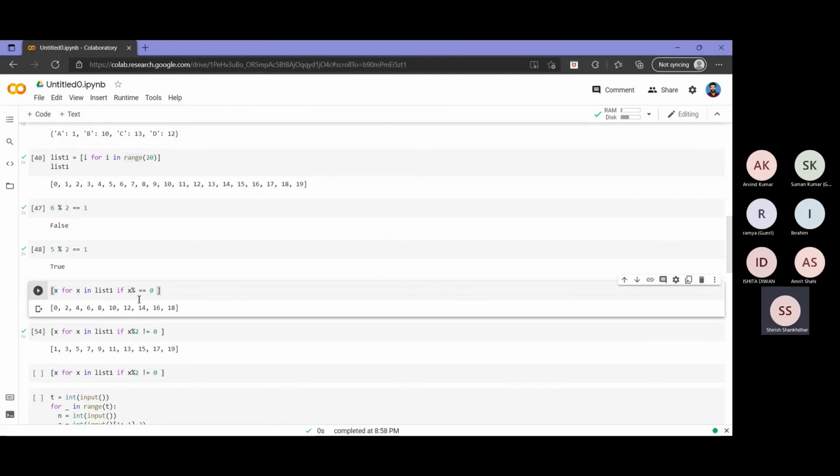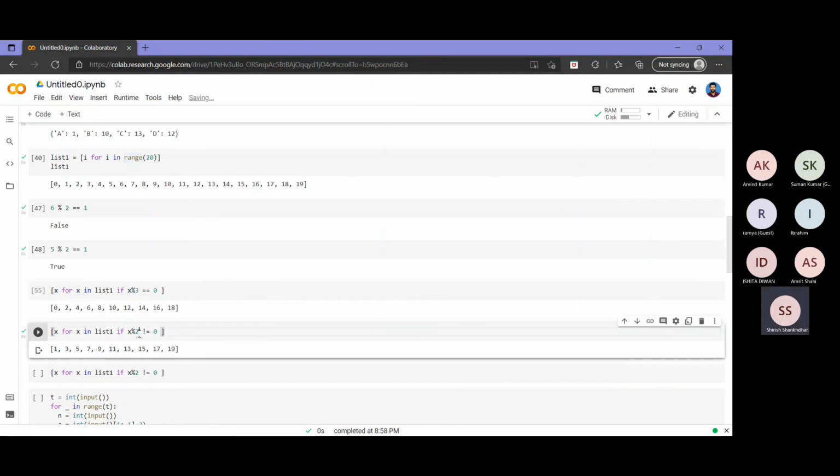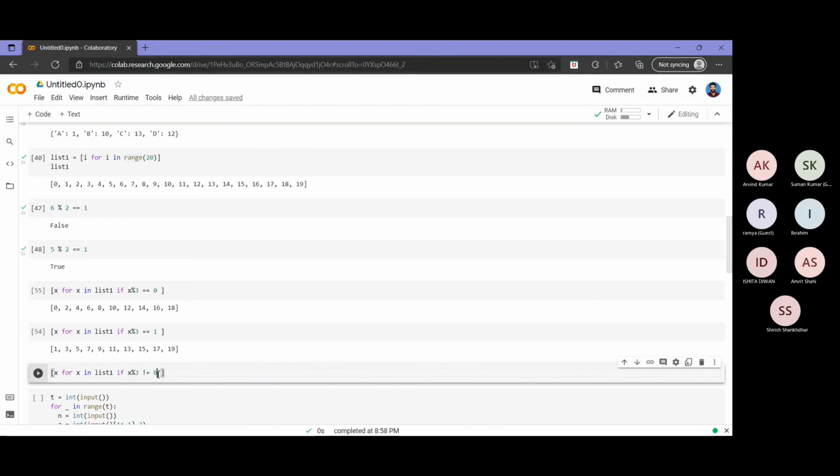So basically his problem is he has to divide by 3 and see whether the remainder is 0, 1, or 2. So here I need to split his list in this way.